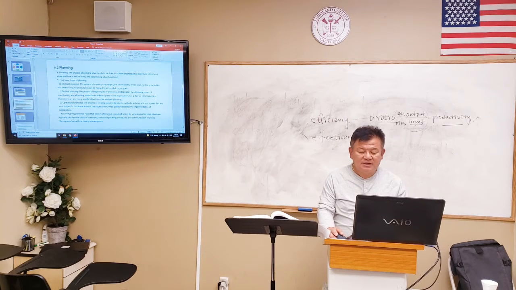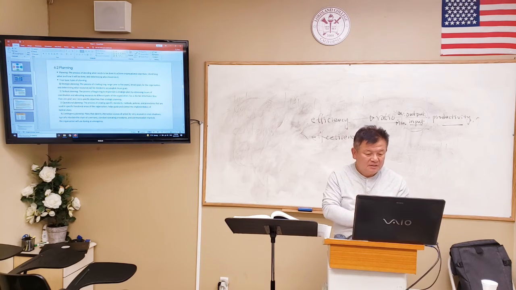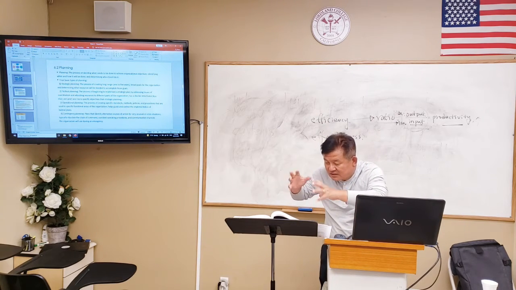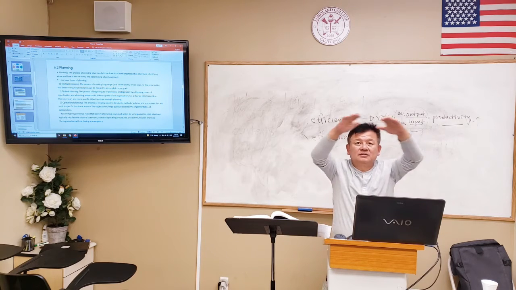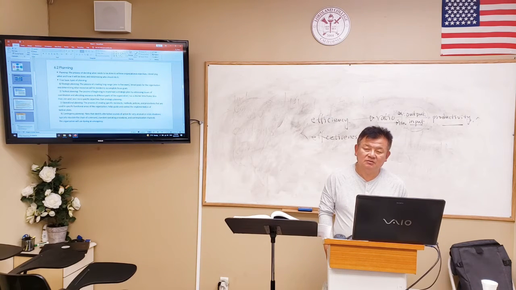Strategic planning means the process of creating long range plans, for example one to five years, with broad goals for the organization and determining what resources will be needed to accomplish these goals. So simply, strategic planning is at least a one to five year, long term plan. Second, tactical planning is the process of beginning to implement the strategic plan by addressing issues of coordination and allocating resources to different parts of the organization. Each part has a different tactic, covered by the strategic plan. It's a shorter time frame, less than one year. But the strategic plan is one to five years.